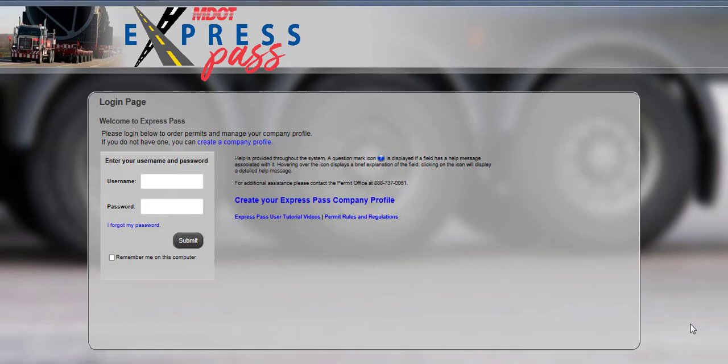This video will guide you through the steps for updating company data in Mississippi Express Pass at permits.mdot.ms.gov. This and other tutorial videos can be found on the login page via the Express Pass User Tutorial Videos link. The new Express Pass will be used by motor carriers and permit services to order oversized, overweight permits and